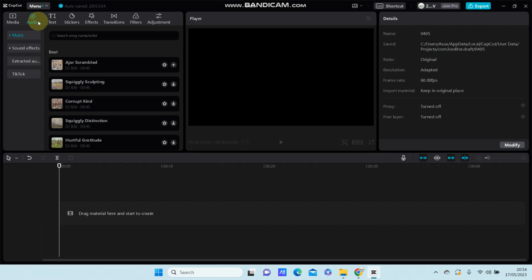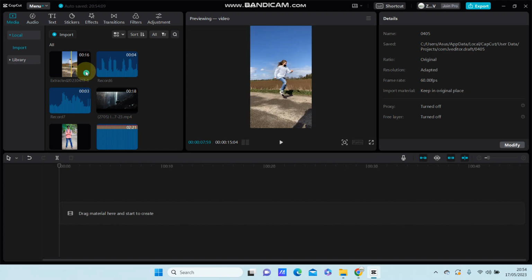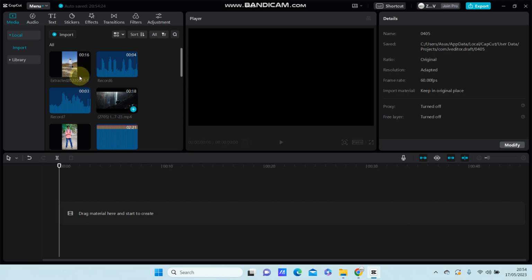Hello everyone, in this video I'm going to show you how you can add the motion blur effect to your video in CapCut PC. This is a simple trick that I want to show you. Alright, so go to media and import the video you'd like to edit,